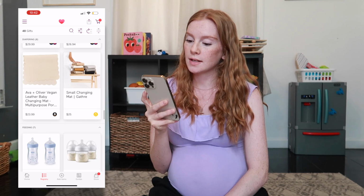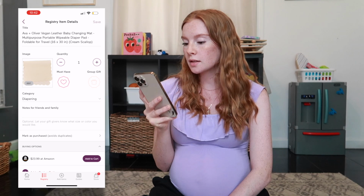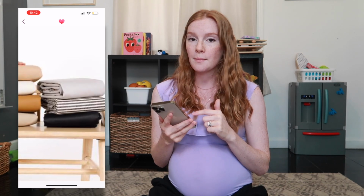Okay, so the last two things in the diapering category are these vegan leather changing mats. The first one is from Ava and Oliver, and the second one is from Gather. I've heard really good things about both, so that's why I registered for both of them. I figured one I could keep in my room on my bedside diaper cart, and then another one in the